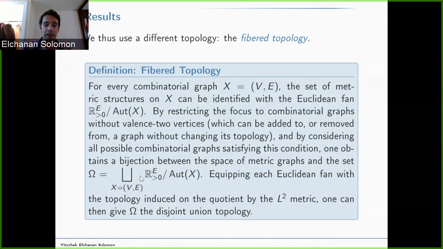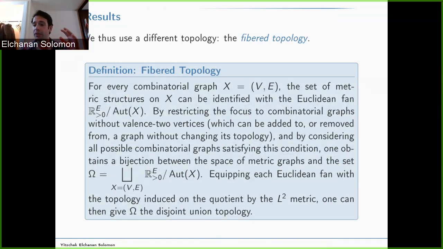So I'm going to let omega be this disjoint union of all these Euclidean fans, one for each combinatorial type, and I'm going to topologize each Euclidean fan, each copy of R to the E mod out by the automorphism group, by the quotient topology from the L2 metric on Euclidean space. And then I'm going to give omega the disjoint union topology. What does this mean intuitively? Intuitively, it means that different combinatorial types,